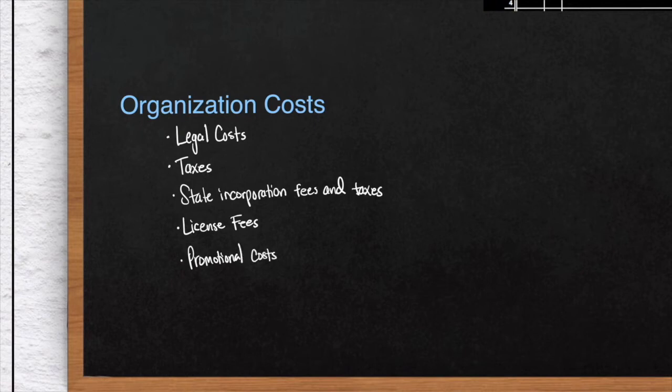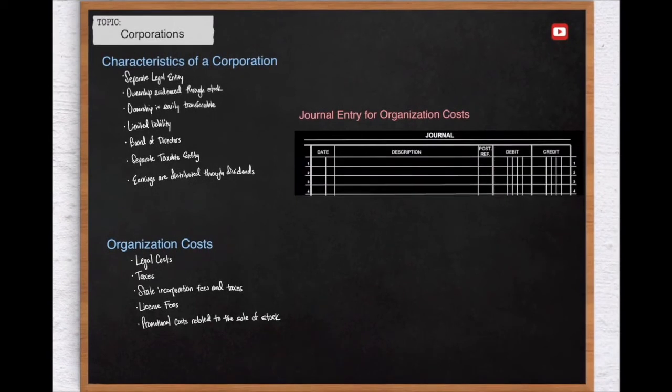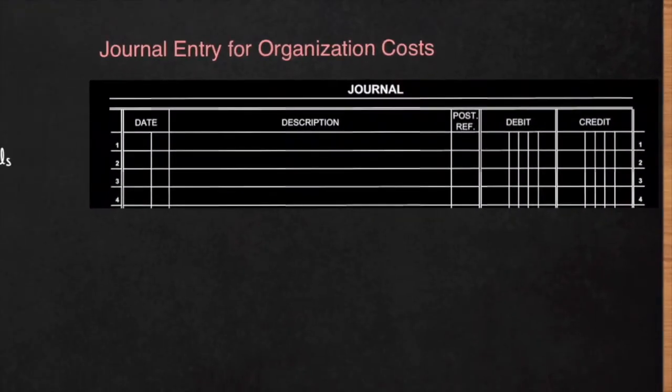Promotional costs, because when you go public, you need to make sure you promote your corporation or your company. So when it goes public, there are buyers or investors ready to invest in your stock or the sale of your stock. That's a very short list, but each one is very expensive and will cost the corporation a lot of money to be able to go public, issue their stock, and attain a large sum of money from the sale of the stock.